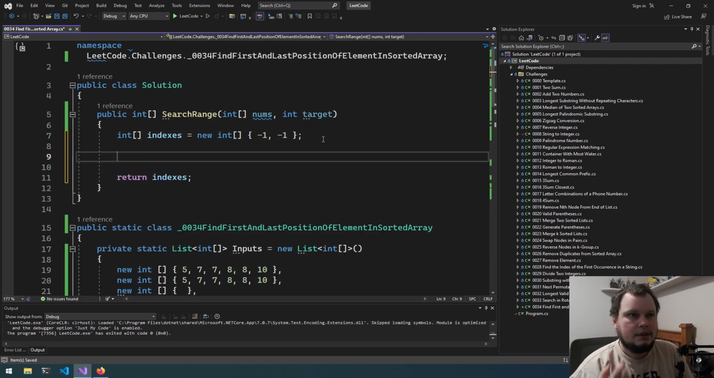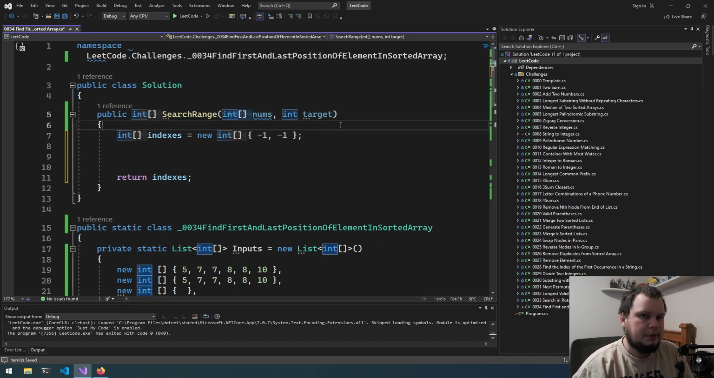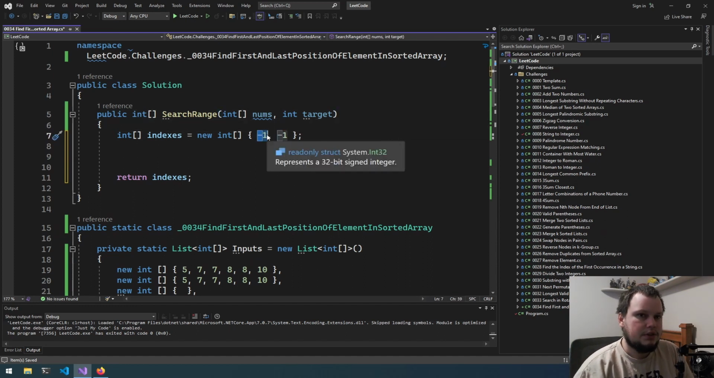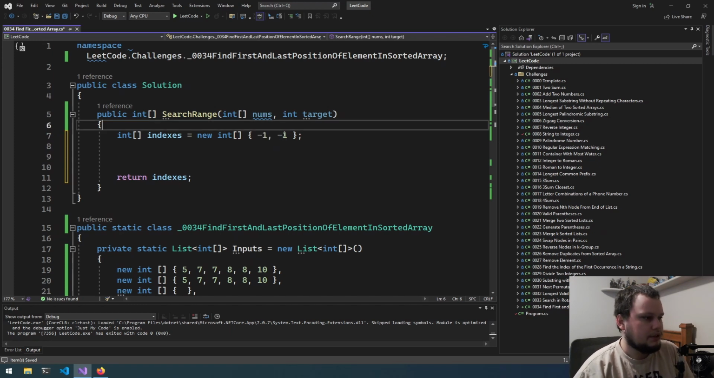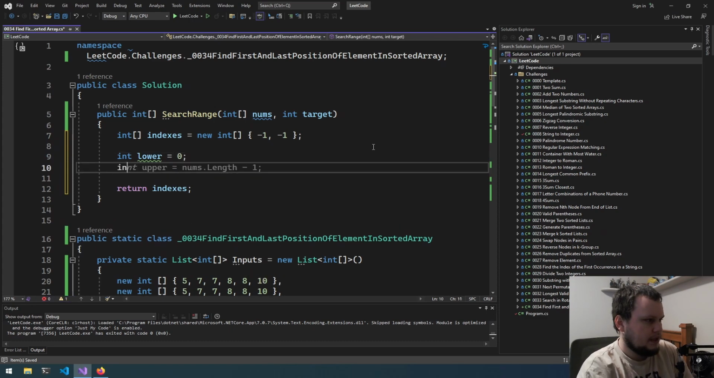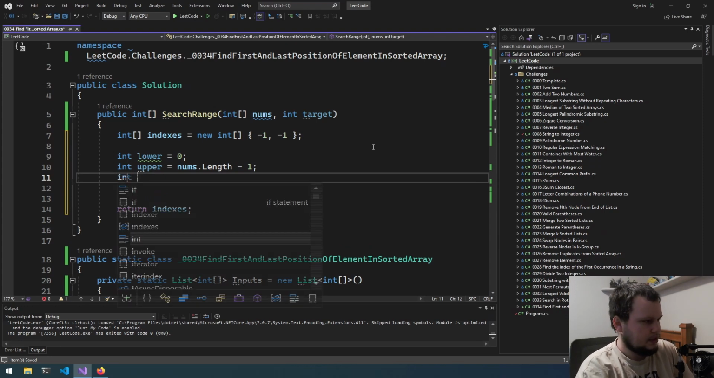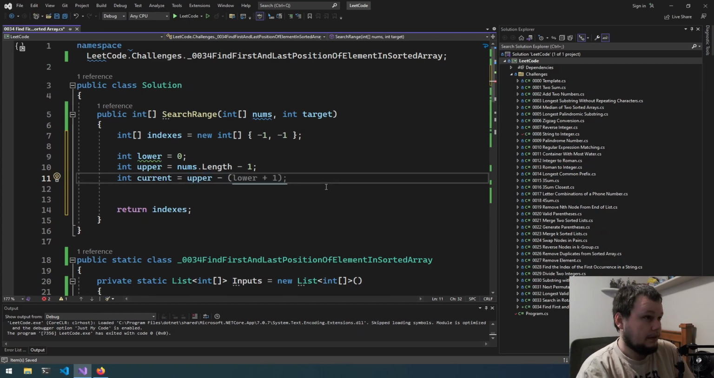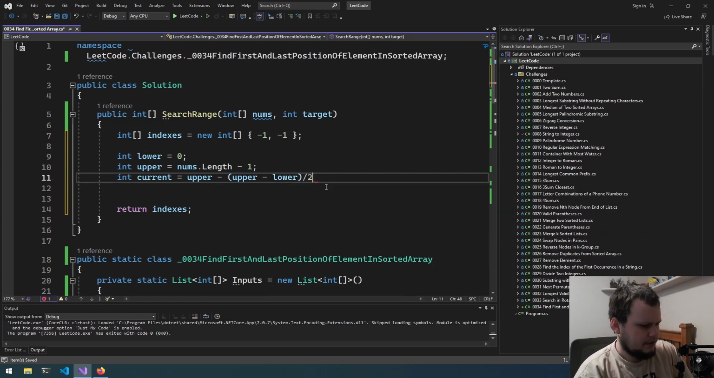So the best way to do this is binary search through the array until you find the target, and you make that index this one and this one. And for this one, you then go backwards until you no longer find the target, and then with this one, you go forward until you no longer find the target. So we'll start off with binary search. So int lower equals 0, int upper equals nums length minus 1, and we'll do int current equals, I think it's upper minus lower divided by 2,